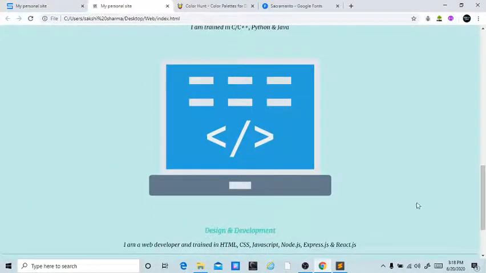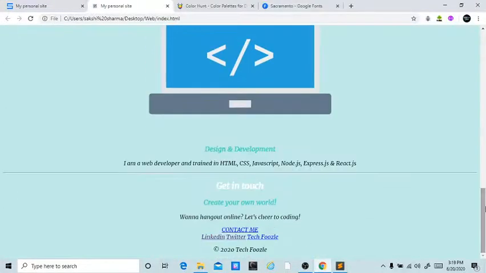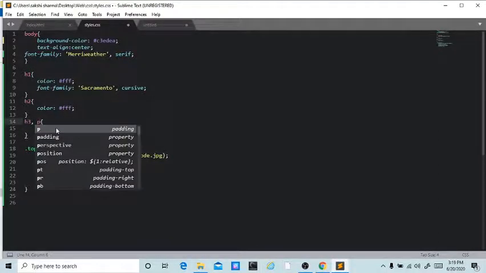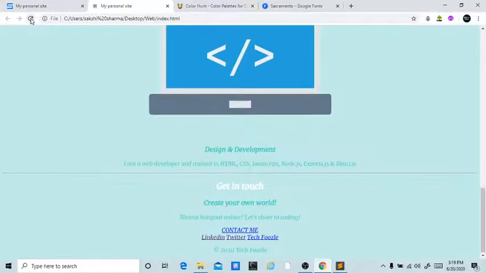And what about the color of H2? We want this color to be implemented in H2 as well, but if we change the color of the top container, H2 will also change. So if I want to add, let's say, the same color to the paragraph, we'll just put a comma and write P. This is the way we can make our code short, but this color is not looking nice for the paragraph.